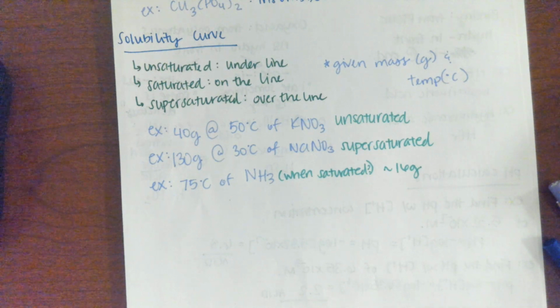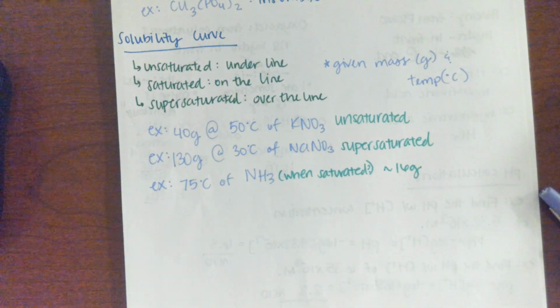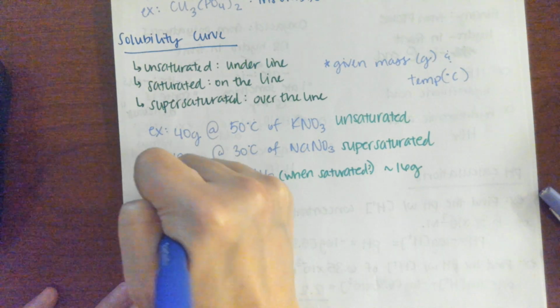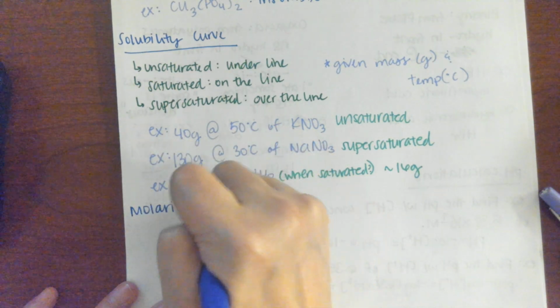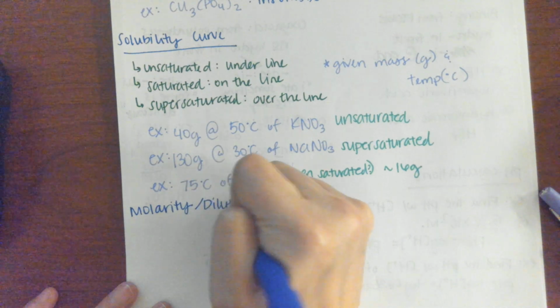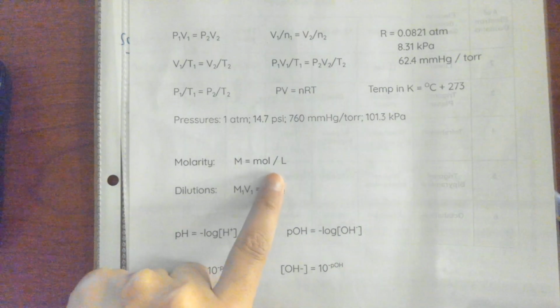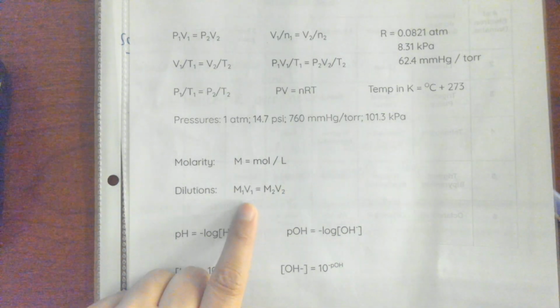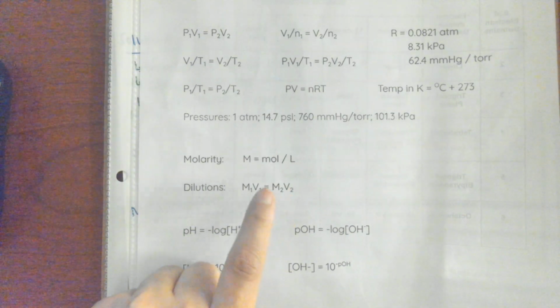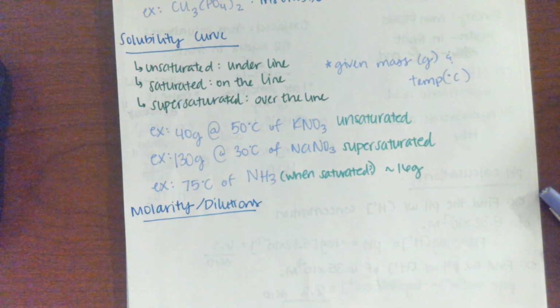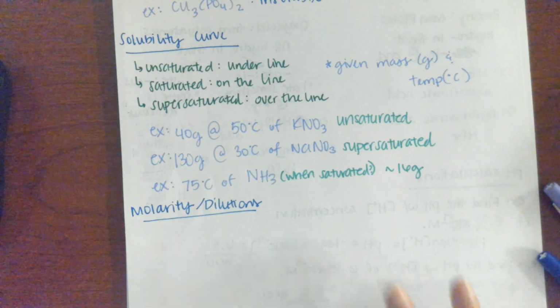Alright, next thing in my list is the molarity and dilutions. They give you one of each. And again, you are given these formulas here. For molarity, remember, it is the one that has to be in liters. Dilutions does not have to be in liters as long as both V's are in the same unit. Okay? So, for example,